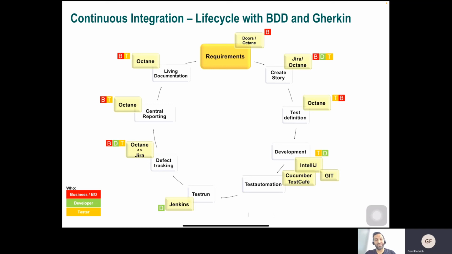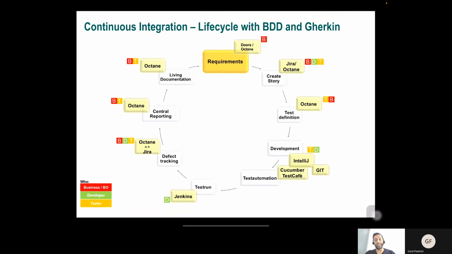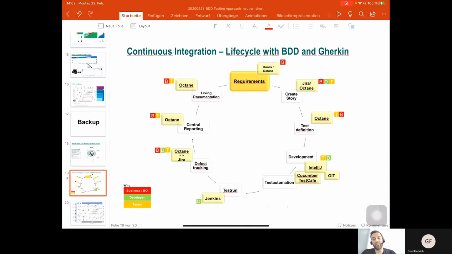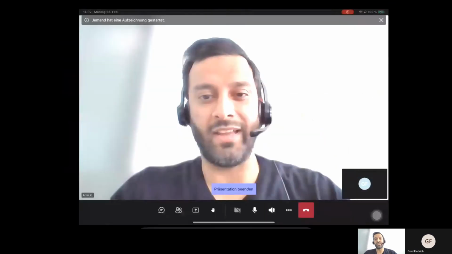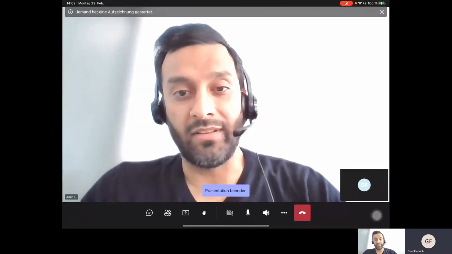This is a really lovely slide and a great experience that you have shared here. This is the first time I got experience from someone who was working in a real BDD project. So thank you for this. Also the nice slide you presented, very well done. Thank you for all your input, and I think there might be a request from the community, so we can have a separate session on this BDD.